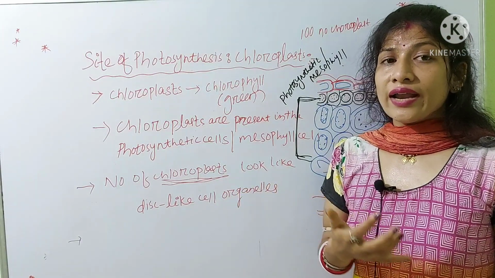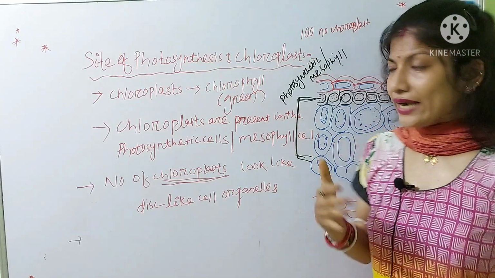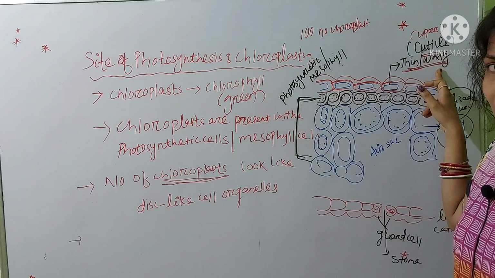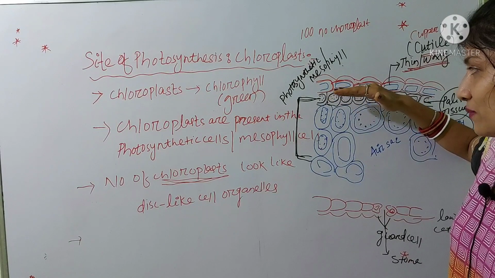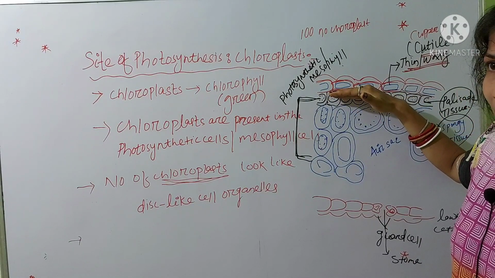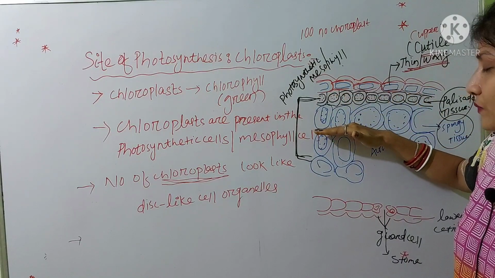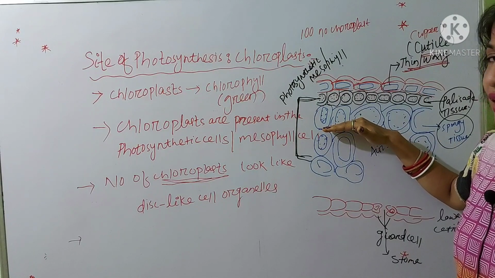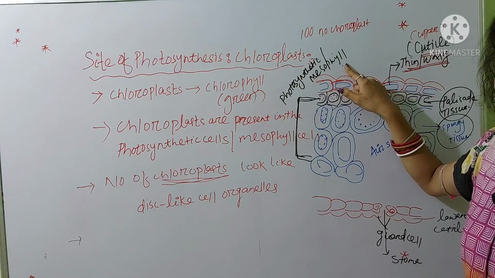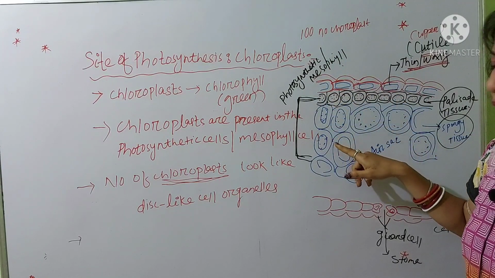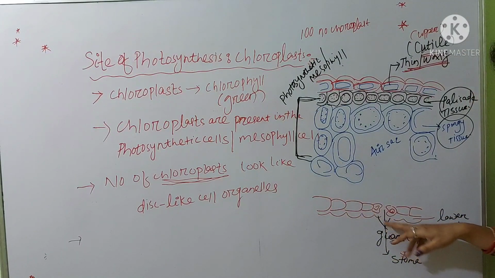If you observe under a light microscope, the cuticle helps the leaf to reduce the loss of water. It is the thin and waxy protective layer. Under the cuticle, the palisade tissue is present. The palisade tissue contains numerous chloroplasts. Similarly, just below the palisade tissue, the spongy tissues are present, and they also contain several chloroplasts. That means the middle layer is the photosynthetic or mesophyll cell, which contains both the palisade tissue and the spongy tissue. And lastly, the lower cuticle is present, and here the two guard cells are present.